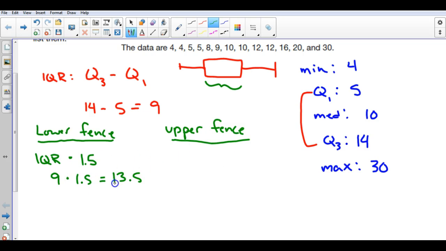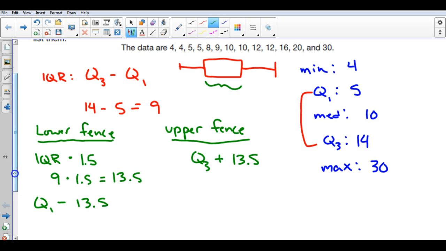So how you calculate the lower fence is you take your first quartile and you subtract the 13.5. And for the upper fence, you're going to take your third quartile and add the 13.5. So if I look at my little diagram up here for a box and whisker plot, when you take that first quartile where my cursor is and you subtract the 13.5, it's going to give you where your lower fence would indicate. And then if I go from where the third quartile is, it wouldn't make sense to subtract. So we add the 13.5, and it tells you if anything past that is in your data set,